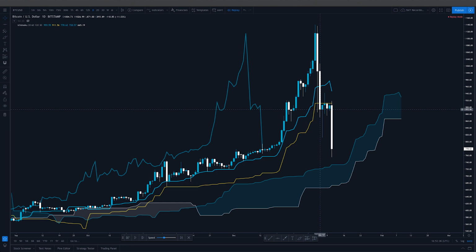So I hope after this example, you have a clearer understanding of just what Ichimoku can do. And if you think this might be a tool that can help you in your trading, consider it. Because as we move into further lectures and on to the next more advanced courses, I'm going to show you a lot of different ways and nuances you can use Ichimoku to help create a